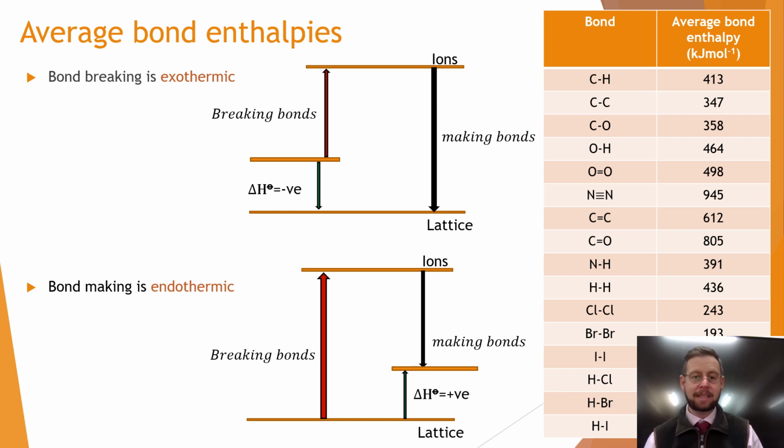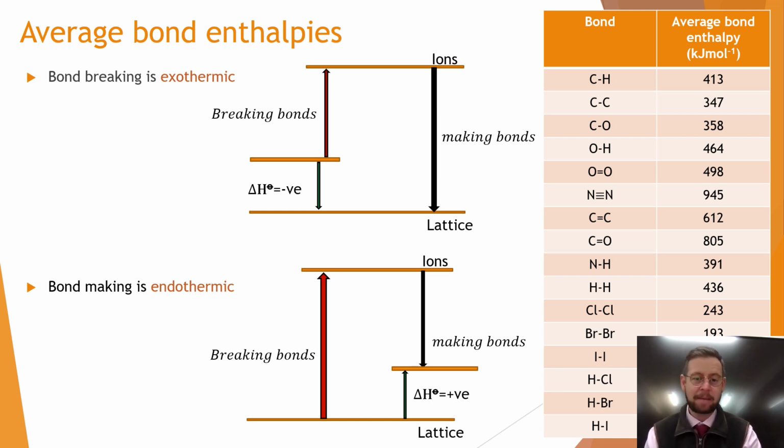Now, if we look at the two processes, the side on the left is going from basically whatever the reactants were into the broken up state, the top line, and then how much energy we get back when the new chemicals form. New chemicals are on the bottom line. What we see is that here, more energy comes out making new bonds than went in to break the original bonds. And so therefore there is a small negative amount of enthalpy there, and so you can see that basically the chemicals have lost some energy to the surroundings,